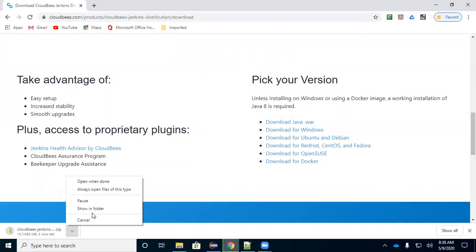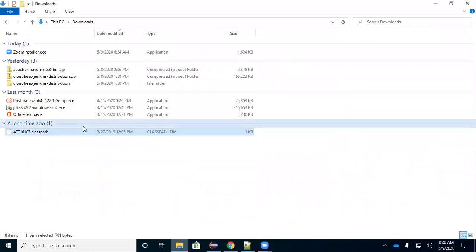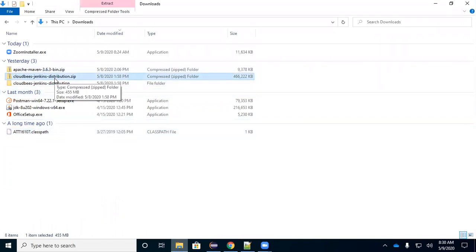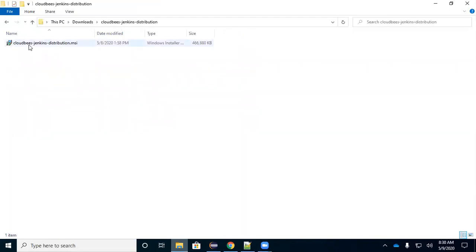I already have this file, so I'll pause this one and cancel. I have already downloaded the cloud-based Jenkins distribution .zip file. You need to extract this file, and you will get the cloud-based Jenkins distribution .msi file.